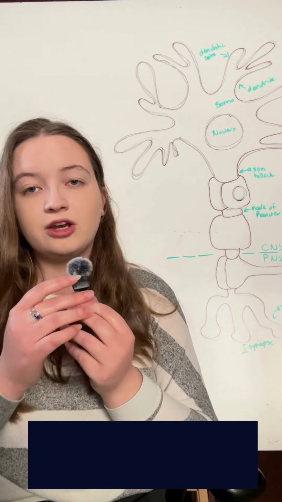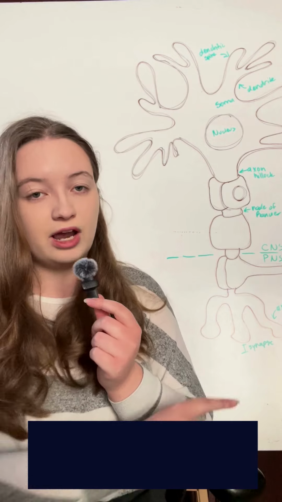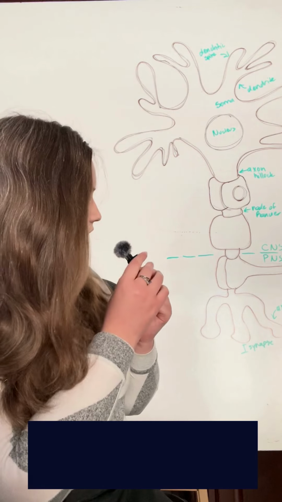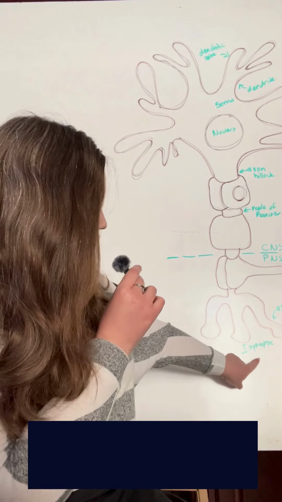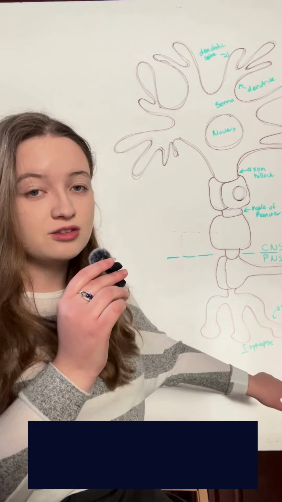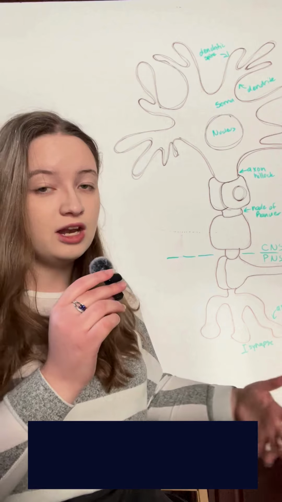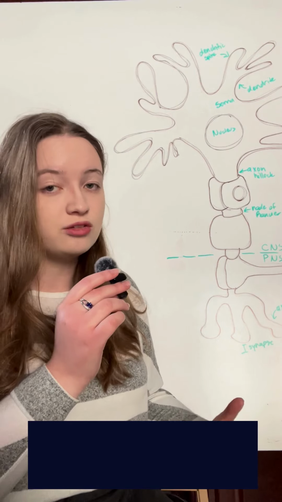At the very end here, we have the axon terminal or axon button and axon collaterals. And so this is where the message is being sent out. Now you'll notice here I also have a label for the synapse. Now this is called the synapse or the synaptic cleft, and it's basically the gap between this neuron and the